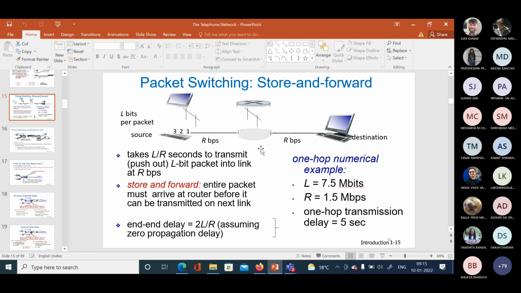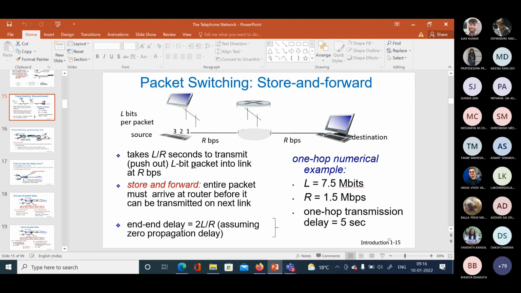It will start transmitting on the next link only after the entire packet has reached the router. This is what store and forward switching is. So the packet switching principle is based on store and forward.